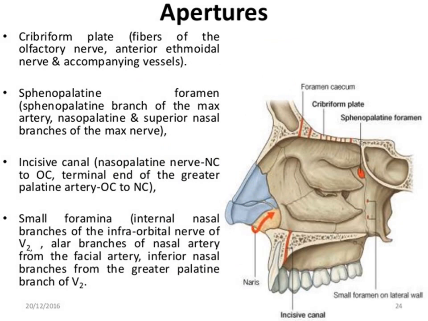Three things we need to remember while discussing the nasal cavity. These are three openings. First of all, the incisive canal. The incisive canal gives way to the nasopalatine nerve, to the oral cavity. The second one is the sphenopalatine foramen, which joins the nasal cavity with the pterygopalatine fossa, and it carries the sphenopalatine branch of the maxillary artery, and the nasopalatine and superior nasal branches